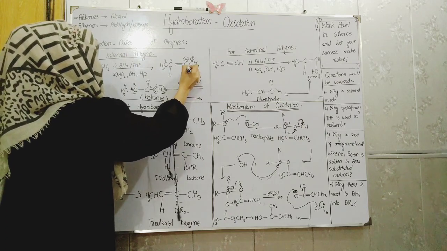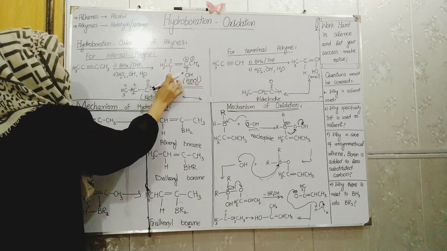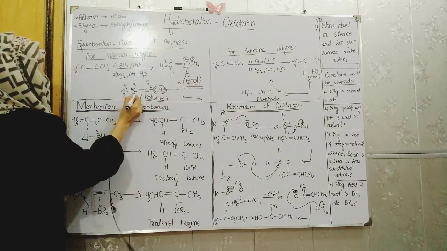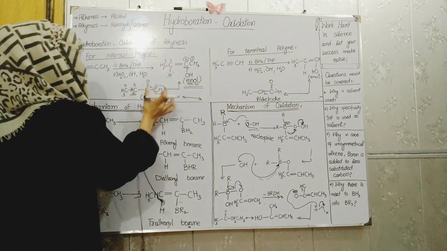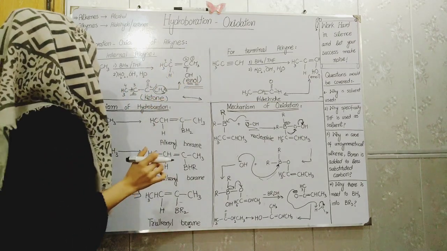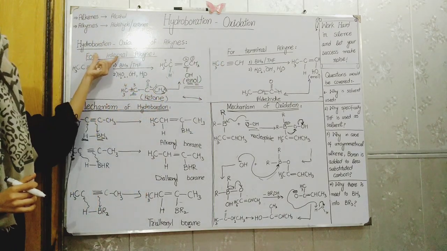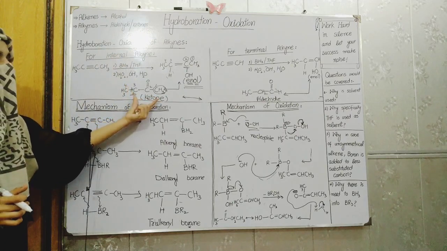Here hydrogen moves and we will put a double bond here. And the third carbon first contained one hydrogen, then this hydrogen is again added to it and it will become H2. And the 4 methyl group is present as such. This is the keto form of this enol. And you can see that in the case of an internal alkyne, the product will be a ketone.